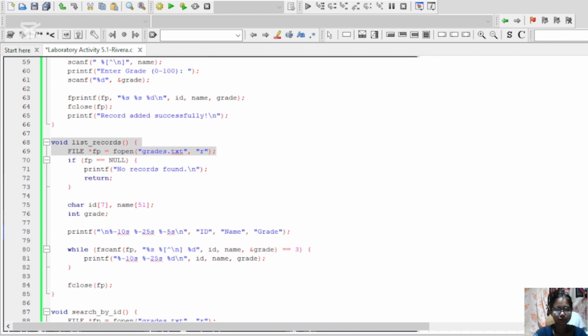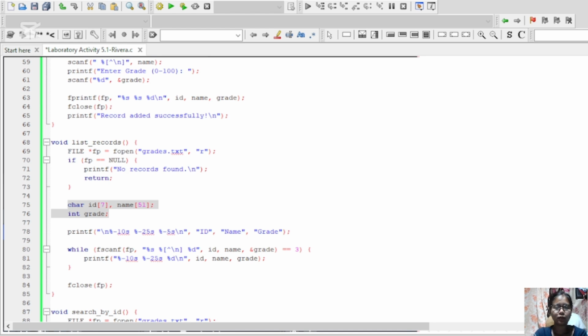And this line: if the file doesn't exist or is empty, I tell the user there are no records. And this line, I prepare variables to hold data while reading each line.